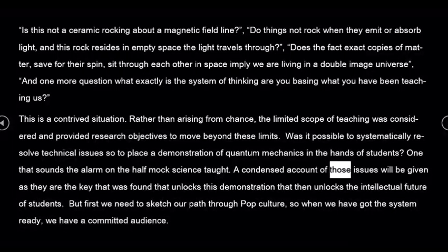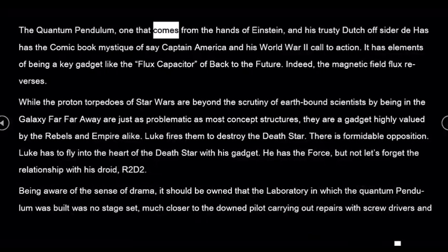A condensed account of those issues will be given, as they are the key that was found, that unlocks this demonstration, that then unlocks the intellectual future of students. But first we need to sketch our path through pop culture, so when we have got the system ready, we have a committed audience. The quantum pendulum, one that comes from the hands of Einstein and his trusty Dutch offsider,